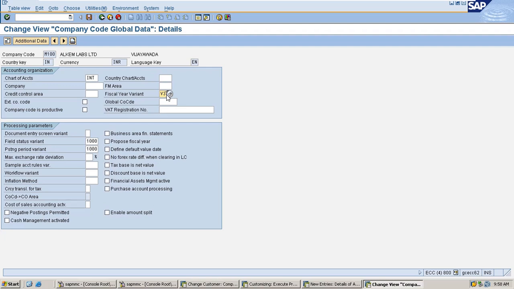V3 means if the financial year starts from April to March, and if the financial year starts from January to December, then we use K4. In India, we use the fiscal year variant V3. So I'm going to save it.